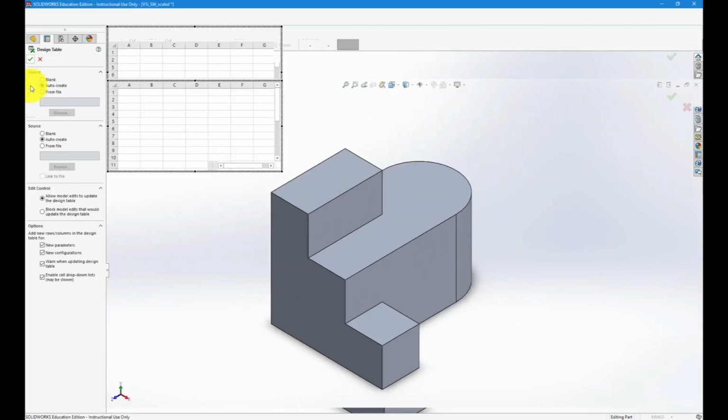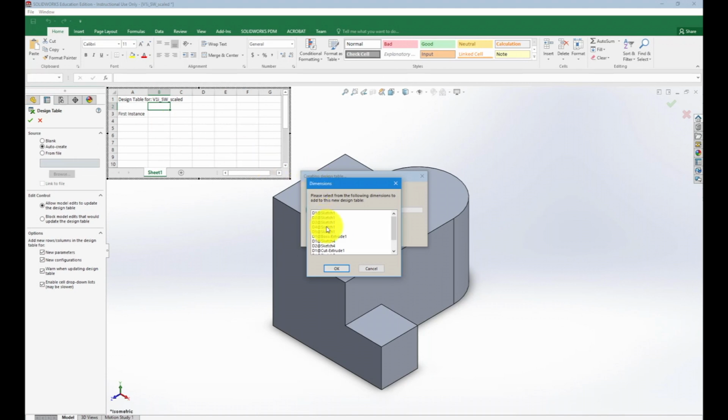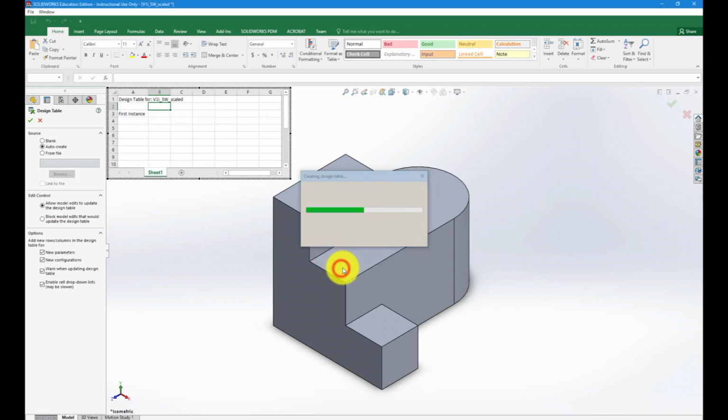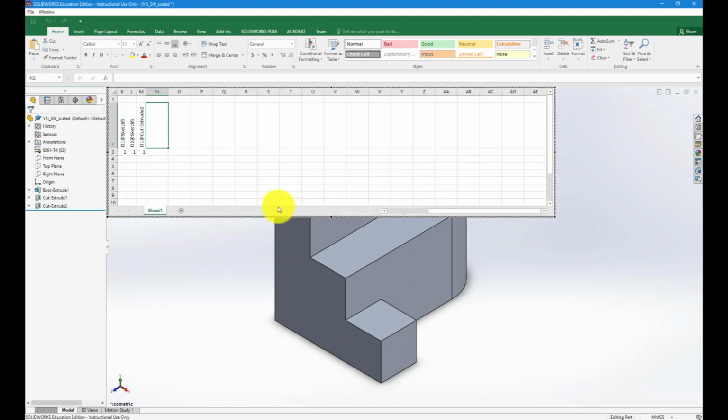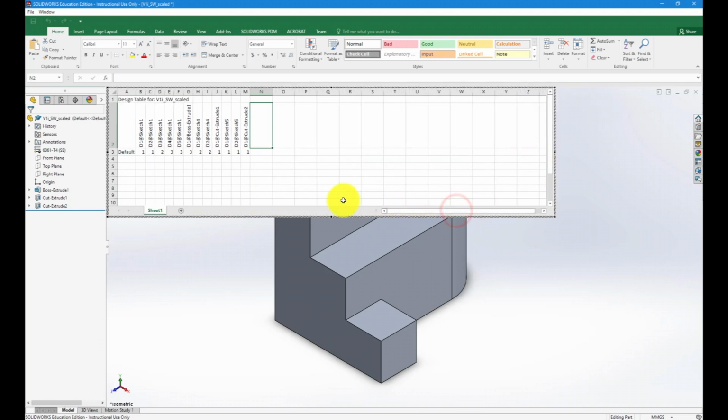What's going to happen here is that Excel opens up and I get an option to import all of the part's parameters, which have special names here, and I'm going to import them all. As I do that, they come into Excel, which is embedded in SolidWorks at this point. Then I can see that up at the top I have all of the parameters, and then in row 1 I have all the current values, and I can create another row called 10x scale here, and I can use the